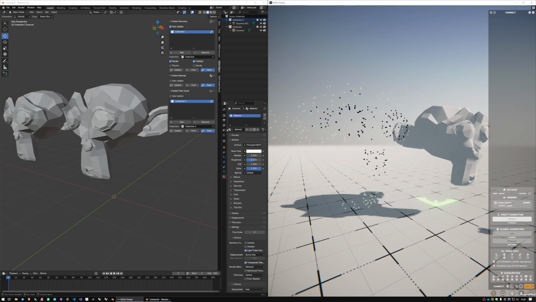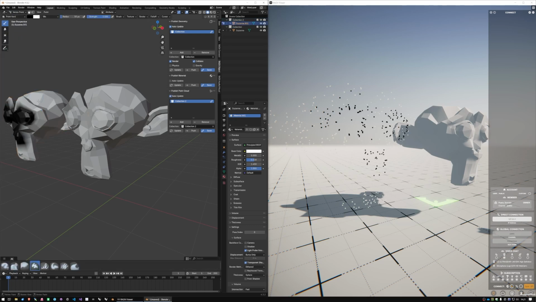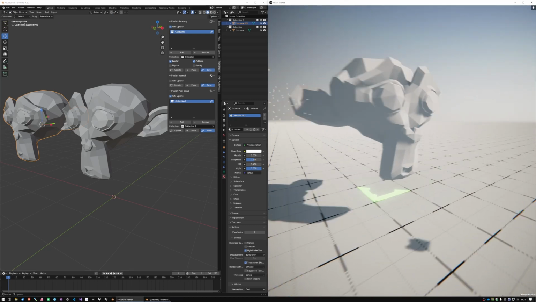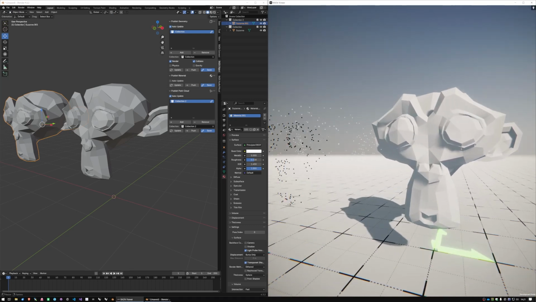Because it's the point cloud component, it looks for a mesh, and it creates that out of the point cloud. You can also see that it still has that coloring that I did, and if I go in and auto update that, go into vertex paint on that, I can continue the vertex paint on the actual point cloud. Let's go back to object mode. So that's how you have all these collections. You can have as many collections as you want, and they can each have different properties inside the Radii viewer.